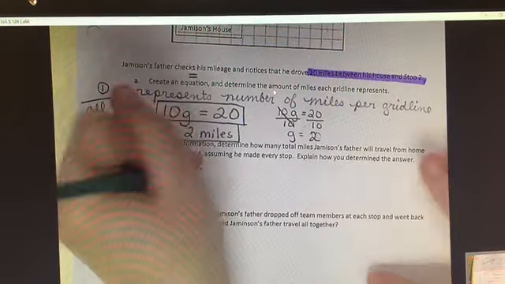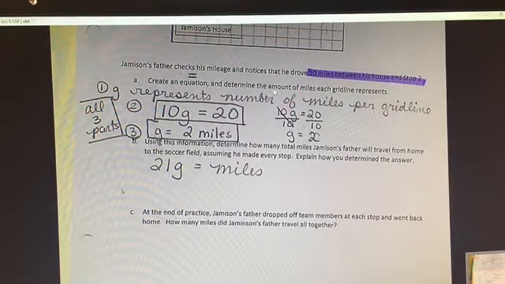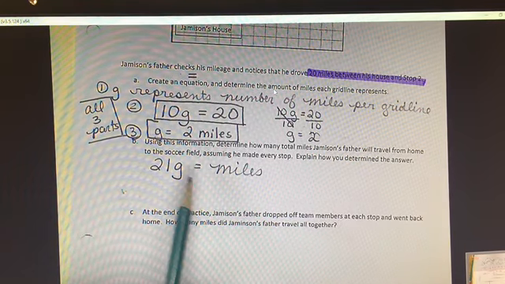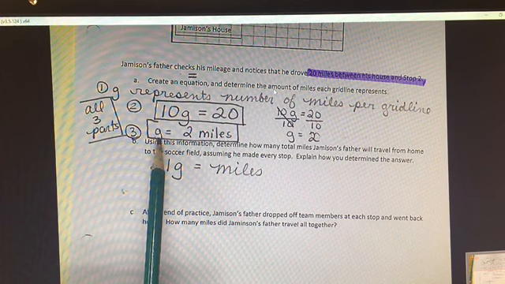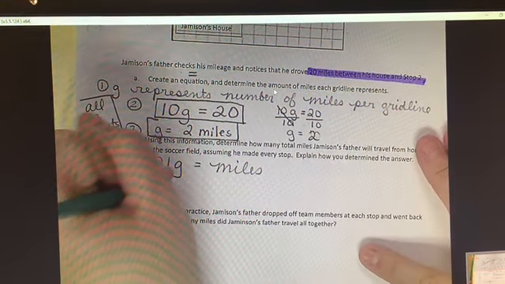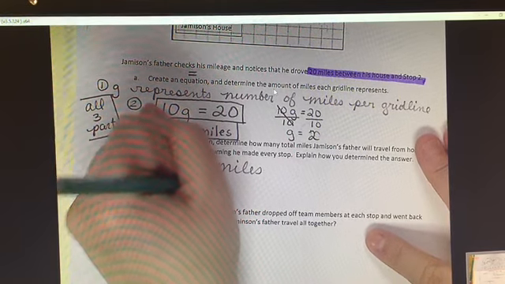Okay, and that's going to tell us how many miles we're going to have to travel. So, okay, there were 21 grid lines. We already determined in problem A that G is 2 miles. So we just have to plug this in. 21 times 2 equals 42